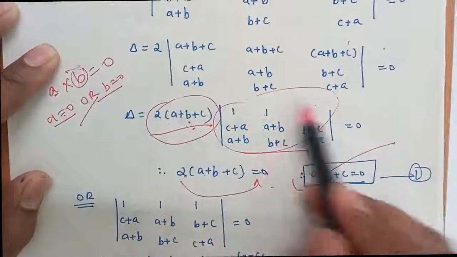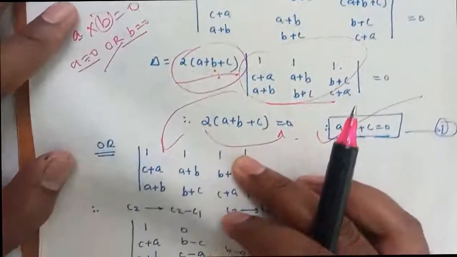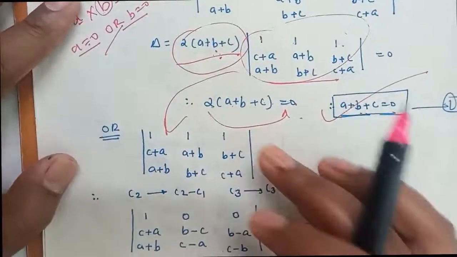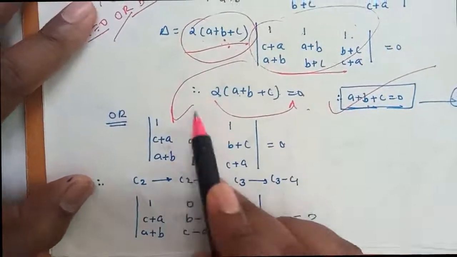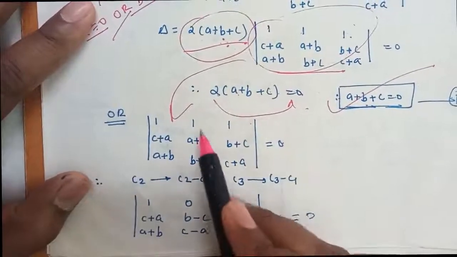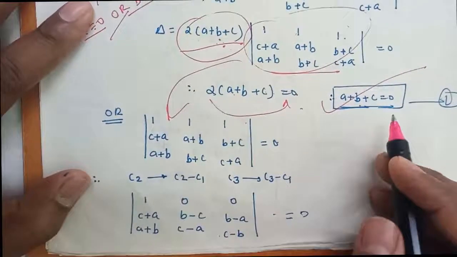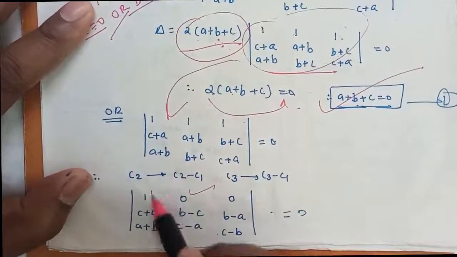Now I will take this could be 0. So I will take this could be 0 now. So this is as it is equal to 0. So I have to convert that into a simple determinant. That means I want 1 0 0 here. So what I can do is c2 minus c1 and c3 minus c1. If I do c2 minus c1, it will be 1 minus 1, 0 here. This will be as it is column.